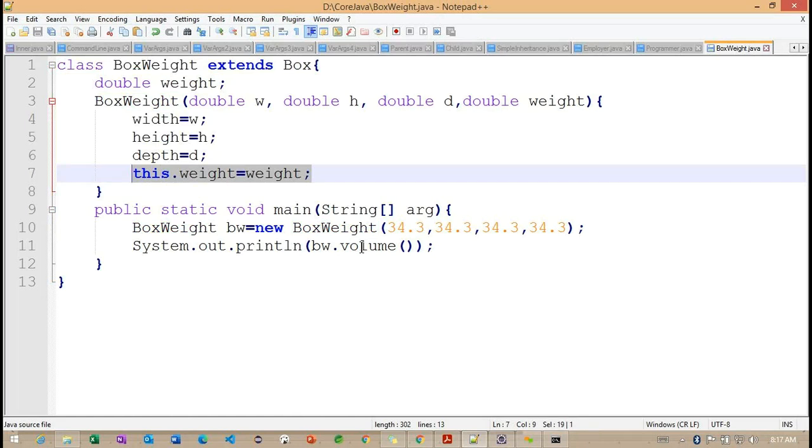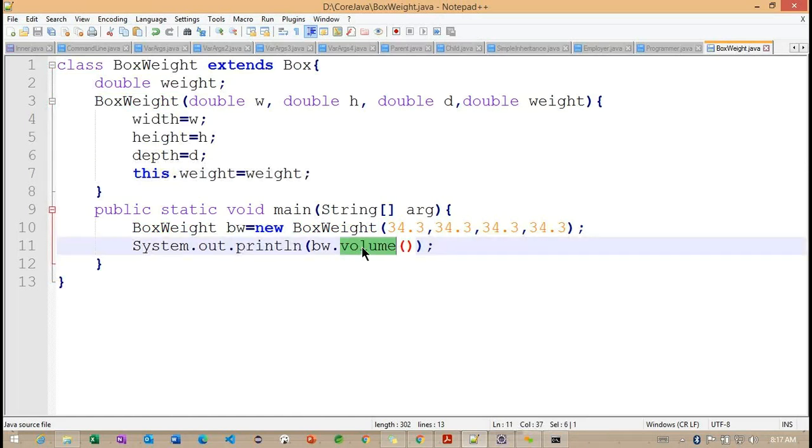Whenever we initialize the superclass variable and perform any operations, whatever values we have inside the superclass, those values we are going to get. Right. So this is all about the simple example on the box and box weight here. Any questions regarding this particular box weight class?